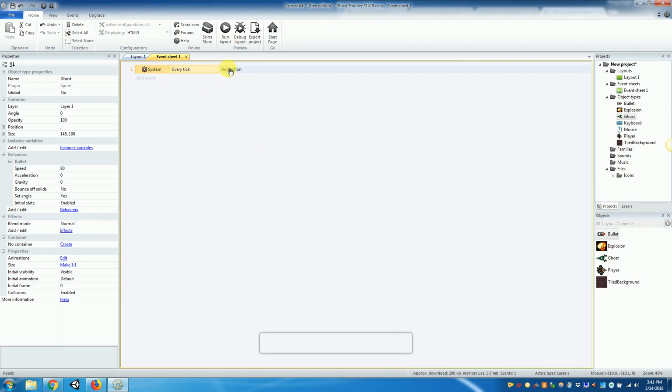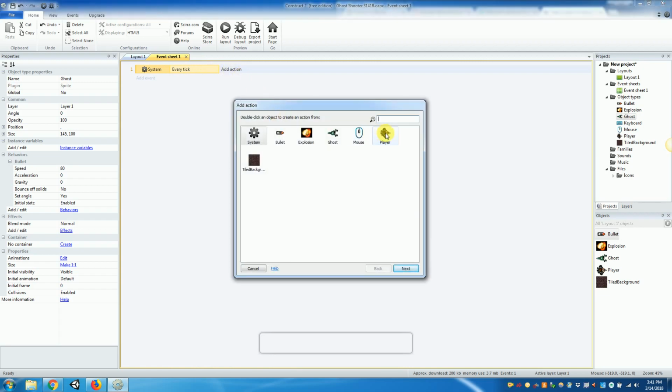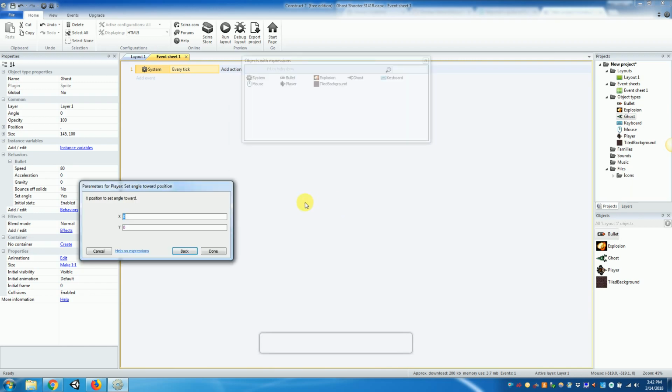And so we're going to click on Add Action, and we want the player to angle towards the mouse. So we're going to go ahead and click Player, and then I want to set the angle of the player toward our mouse's position. So I'm going to choose Set Angle Toward Position, and double click on that, and now it gives me an